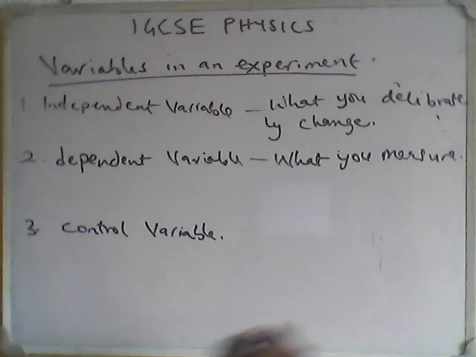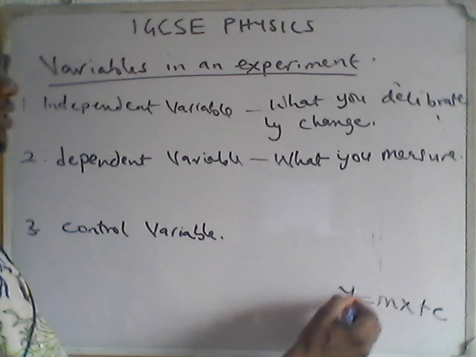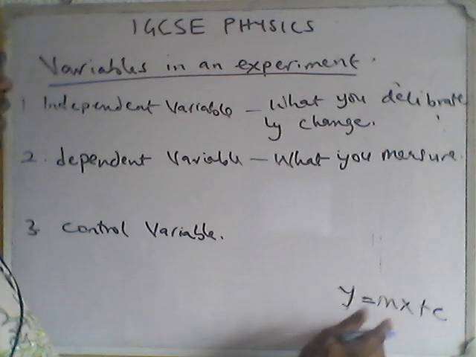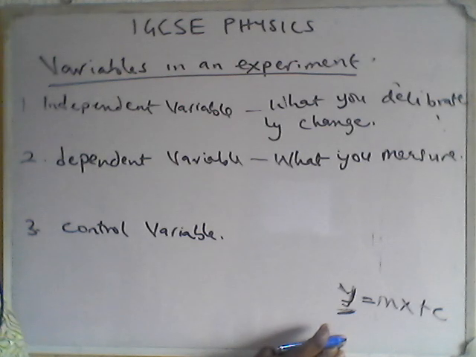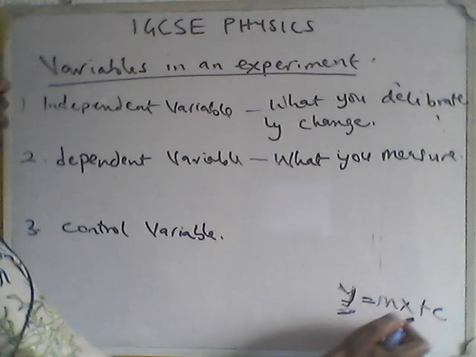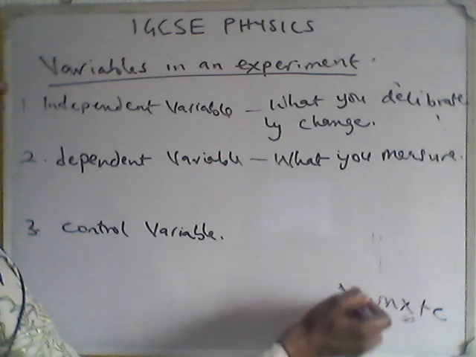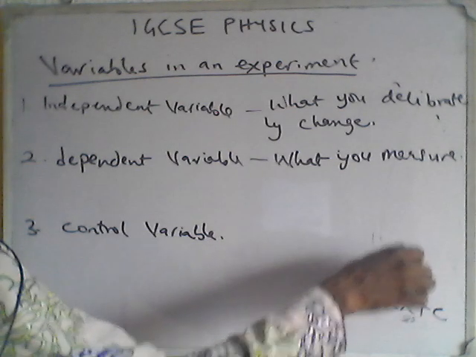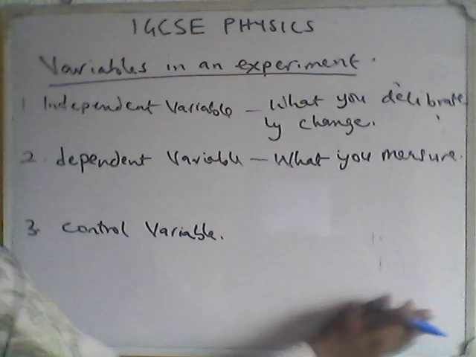For instance, let me just go ahead of myself. If I have y = mx + c, I'm sure you know that this is the equation of a straight line graph, a linear equation, because the highest power of the variable x is 1, right? Okay, so here, x is the independent variable and y is the dependent variable. Why is x the independent variable? This is the one that I can be changing, but I'll be getting a value of y for every corresponding value of x I'm changing. So this one is independent, while this one is dependent. Okay, but let's just leave this one first.